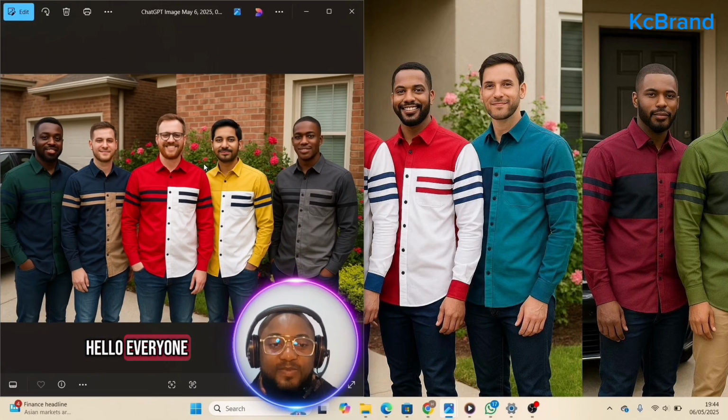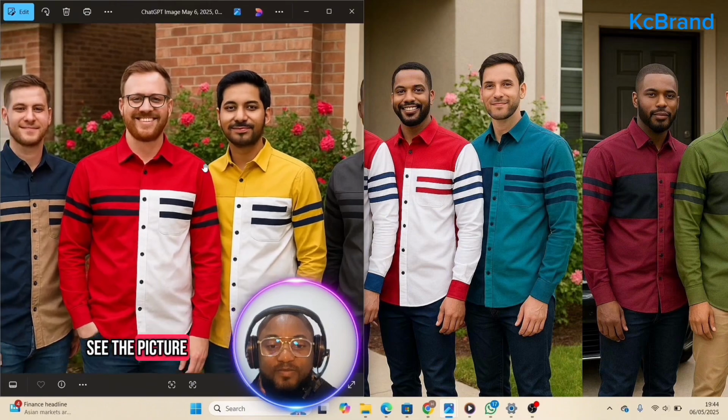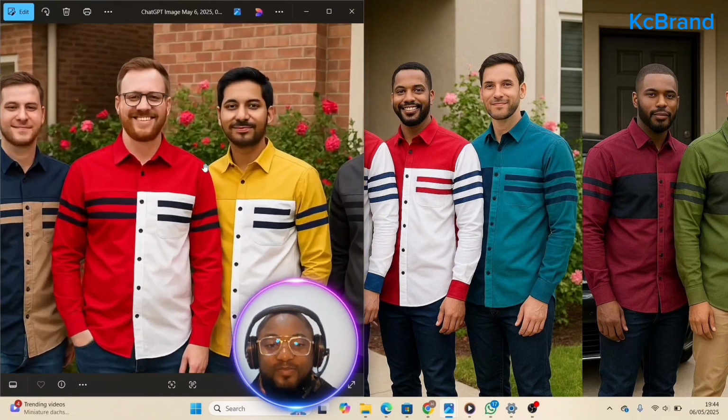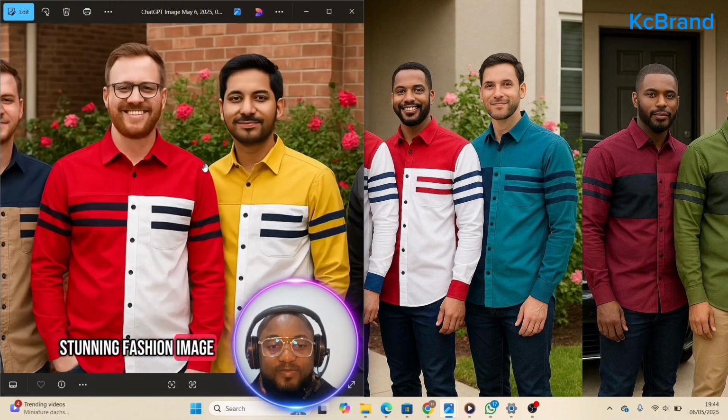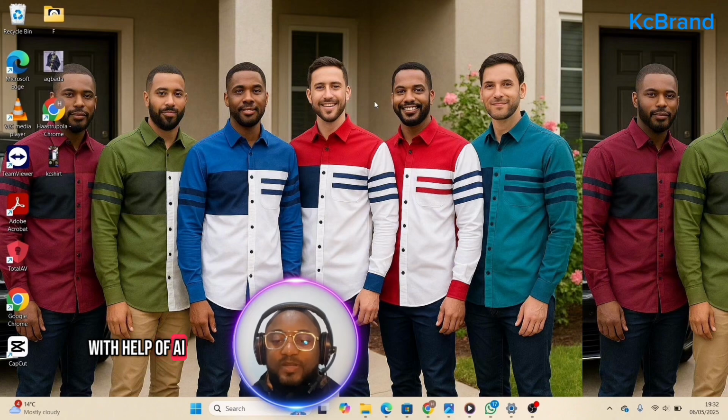Hello everyone. If you can see the picture on my screen now, I created this beautiful and stunning fashion image with the help of AI. Lately a lot of people have been asking how fashion designers can benefit from AI and the modern technology everyone is using these days. So today I want to show you just how powerful and how practical AI can be